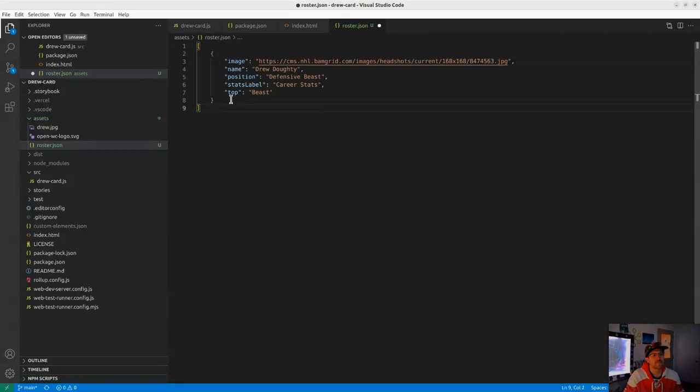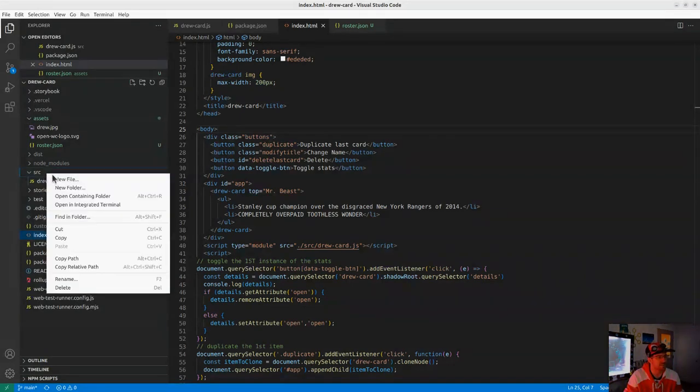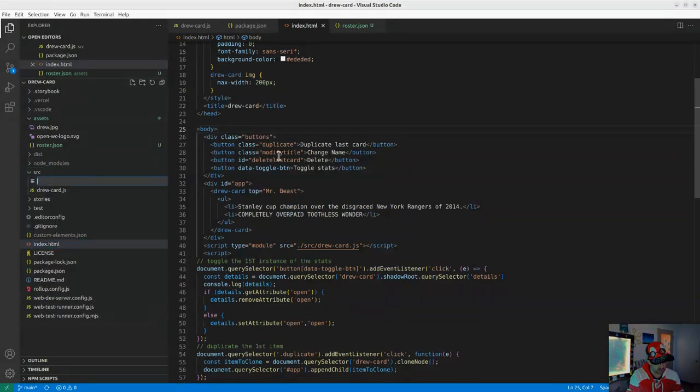All right, so I now have a JSON or a JavaScript object here, right? This is an object with properties like image, name, position, stats label, top. We're just going to have one item in this array. So it's an object inside of an array, thinking a listing of stuff. Roster.json. So the next step is I'm going to go into source and make a new file called